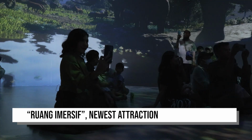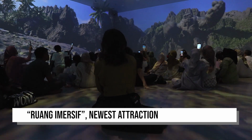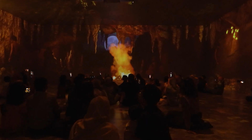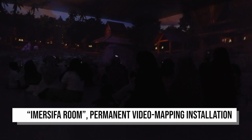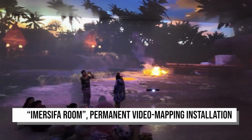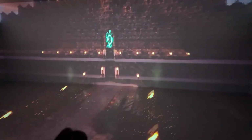The newest attraction at the National Museum of Indonesia, Ruang Imersiva, or the Immersive Room, invites visitors to enter and interact with a vibrant 360-degree audio-visual experience of Indonesia's history and cultural heritage. Imersiva Room is a 12 by 21 meter room of color, imagination, and illusion. Inside this world of wonder is a permanent video mapping installation where the walls, floors, and ceilings are brought to life. Powered by 20 Panasonic projectors, a booming surround sound